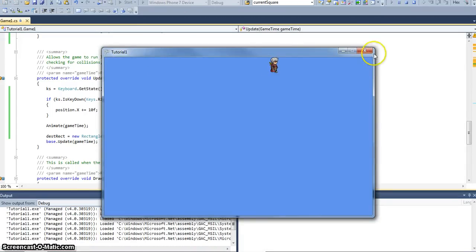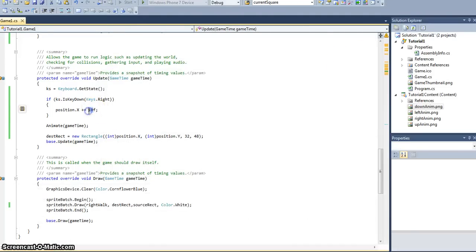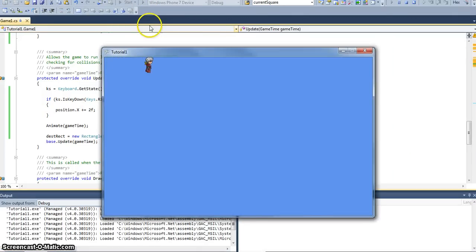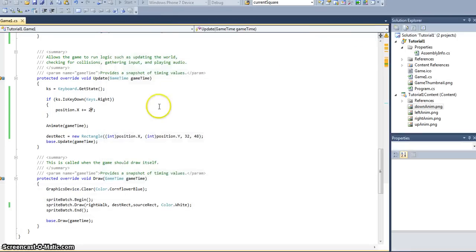Oh, that's way too fast. But it's working. But let's say 2. There we go, suits the animation as well. So now we're pressing the right key and the player moves. Great. So now what we want to do is we want to repeat this whole process,